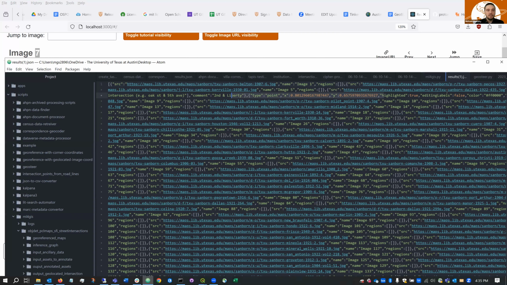Any other questions? So yeah, hopefully we can get this process improved and make it even more accurate, and it would be a great thing that we could share with others too, I think, so that if they have Sanborn maps for other states, for instance, they'd be able to use the same process to georeference their maps as well.